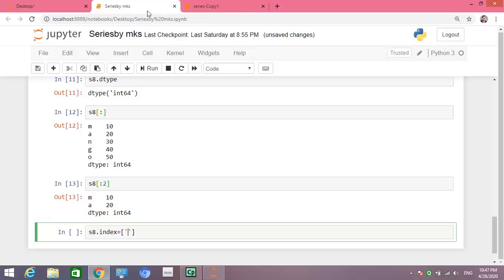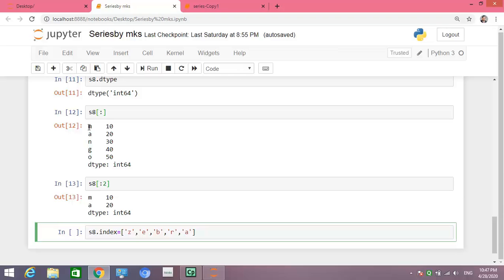Suppose the letters of the word zebra, so Z, E, B, R and A. So here we are giving the index of series 8.